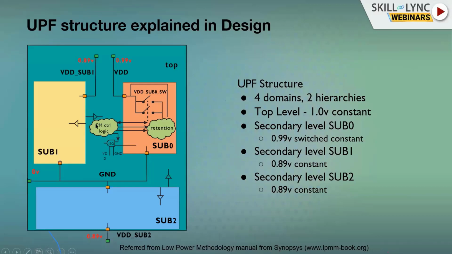And if you see here, the PM control logic, which is the always-on logic, we'll talk about that in the PST table. But simply understand, there's a control logic which gives all the controls. It is going for isolation, it is going for retention, and for the level shifter, we don't have any control. For retention, we have two controls: one is the save signal, another one is the restore signal, and we get back the feedback from the retention register to this. And these are called power switches.